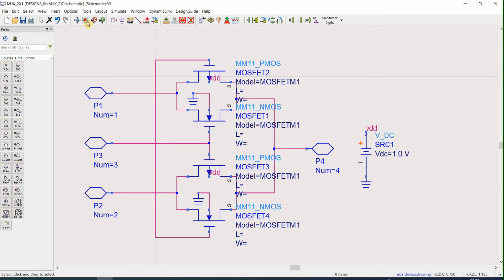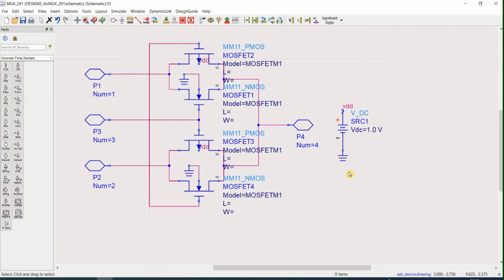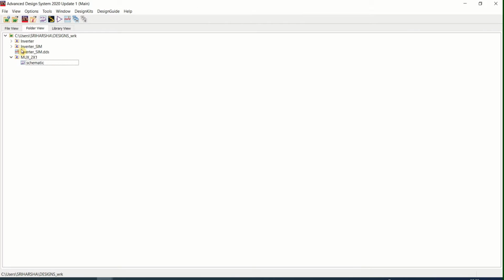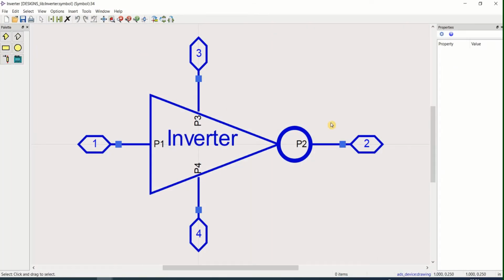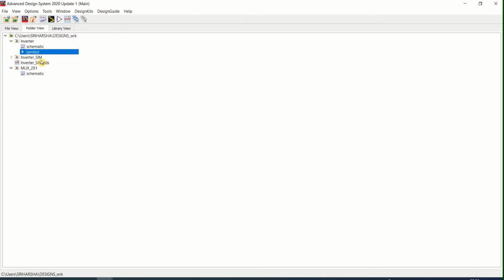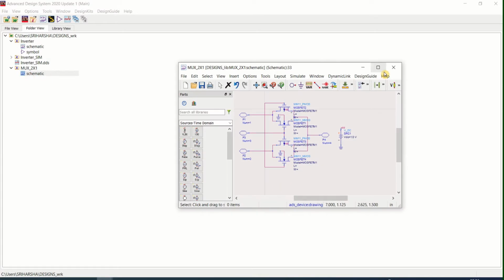Save the design. Since it is a MOS, you need technology or library file. I have already designed the inverter. I want to use it to complement the value in my design.